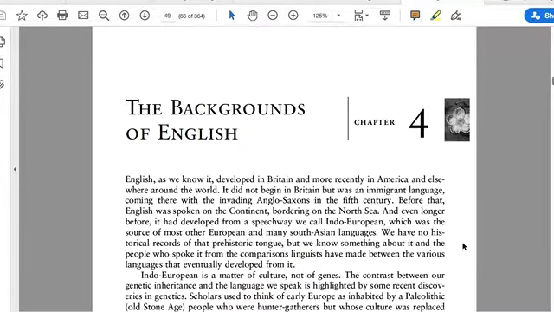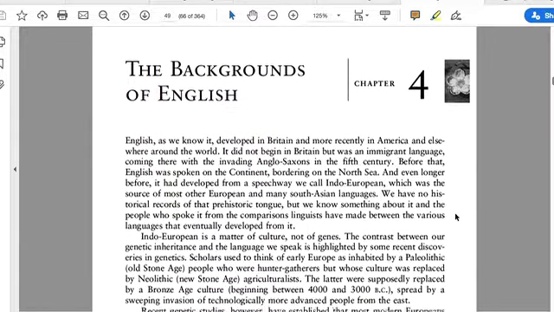This is the backgrounds of English. So this is not the background of just English. It's the backgrounds. So it doesn't focus on Old English. It focuses on what we call Indo-European languages, and basically what we're looking at is how Proto-Germanic broke off from other Indo-European languages. As you know, Persian and Kurdish are two Indo-European languages. They're much different from German and from what we know as English. So let's just take a look at why they're so different.